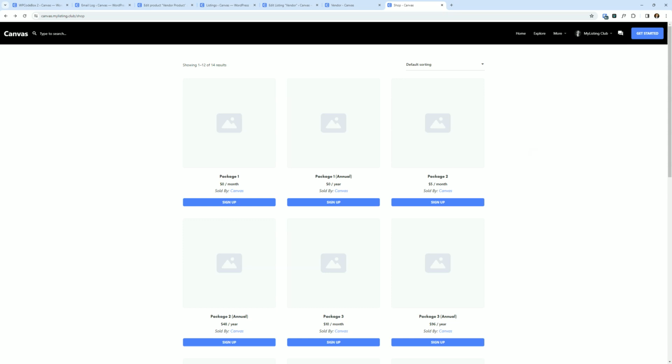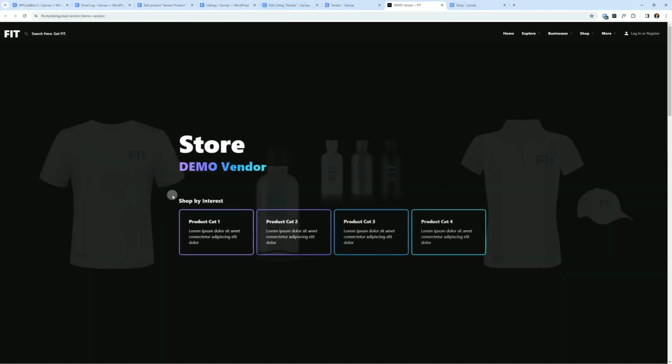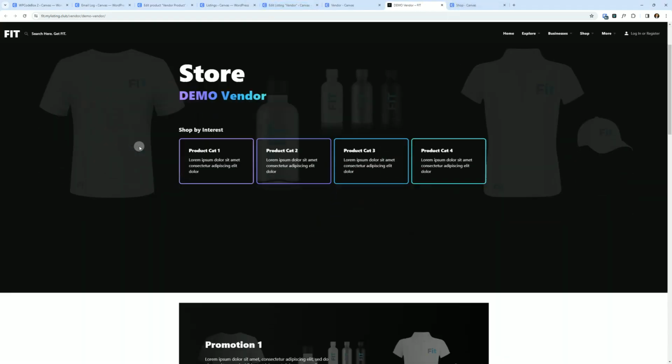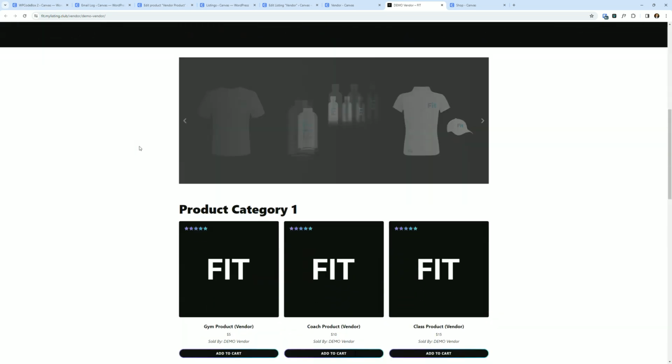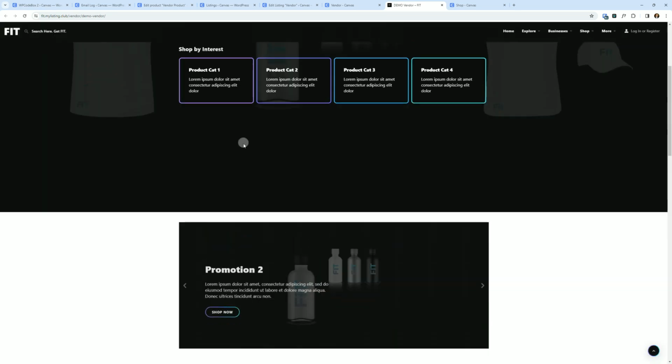So let's now talk about how to do some custom designs quickly and easily. I'm just going to show you a couple links. These are in the guide, but these are some stores that I built just to show you what's possible. This is on the Fit Starter site. This is available as a template, but you'll see here,